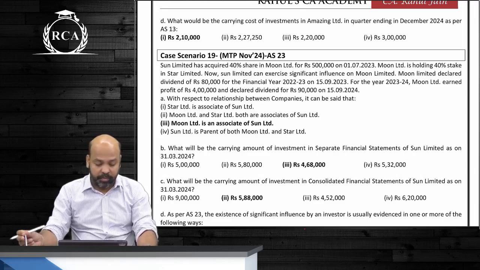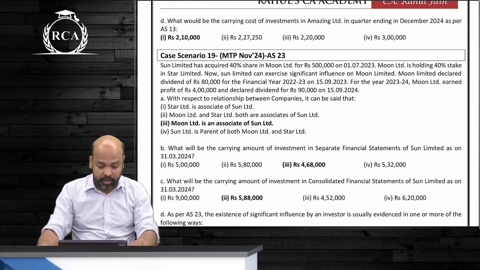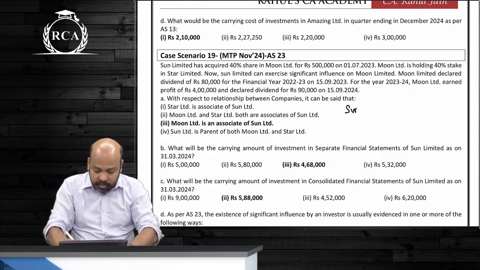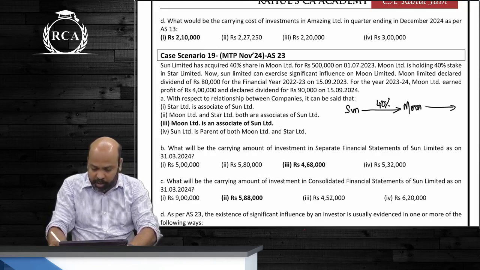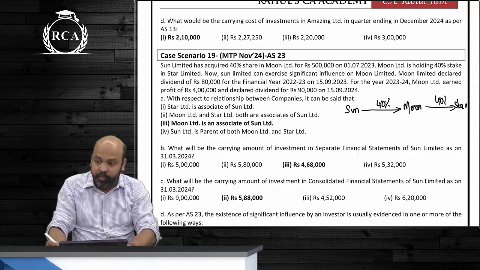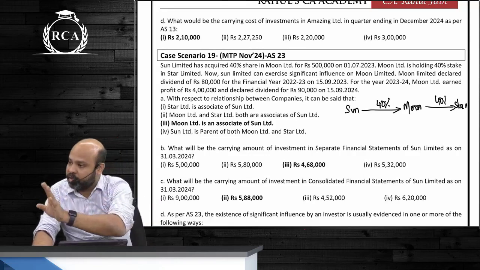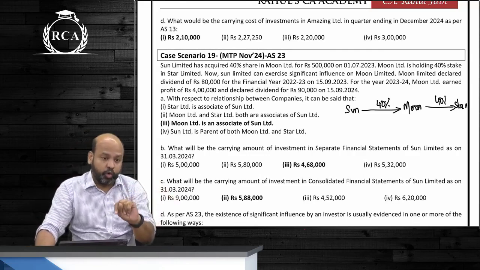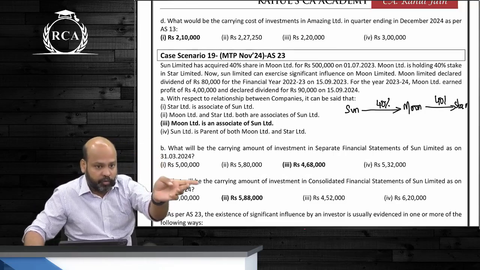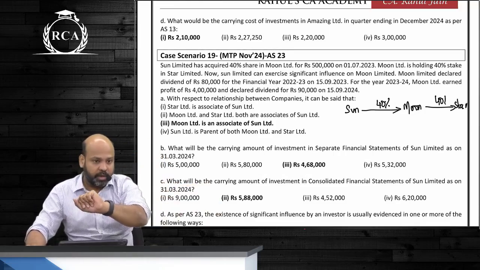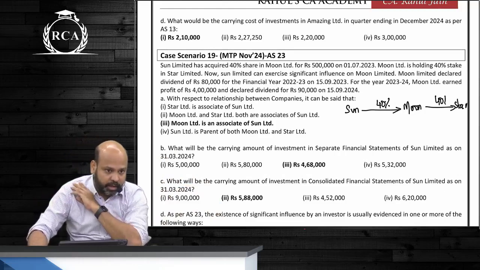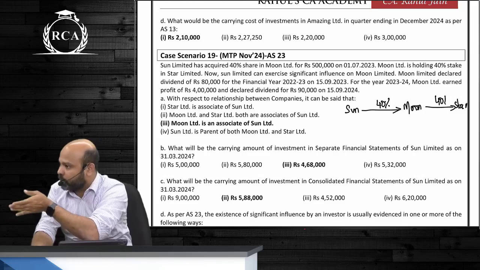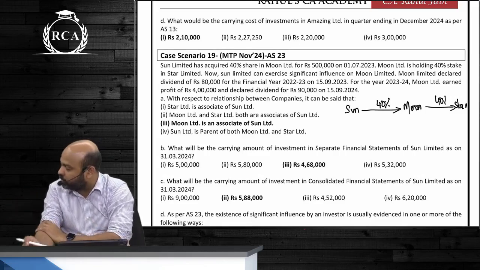15th of September 2024. With respect to the relation between companies, it can be said that, so there is Sun, which has how much investment beta in Moon? 40% in Moon. Moon has 40% investment in Star. An associate of an associate is not your associate; a subsidiary's associate is your associate. As long as the relation, guys, is on account of control, you will be able to exercise significant influence over them. But if you do not have control over the entity, guys, you will not be able to exercise significant influence on that entity. Yes or no guys? The chain stops at Moon only. You will not have to consider the other entity. Is it understood or not, guys?